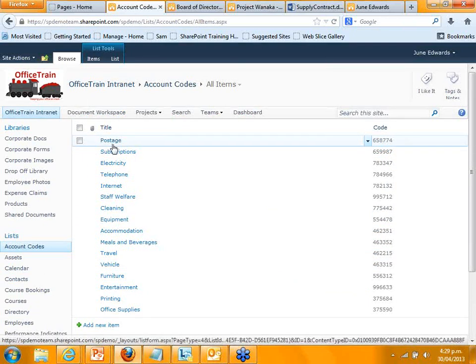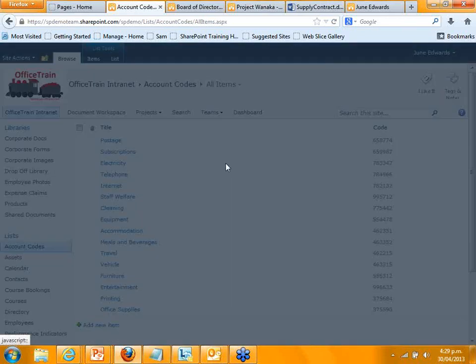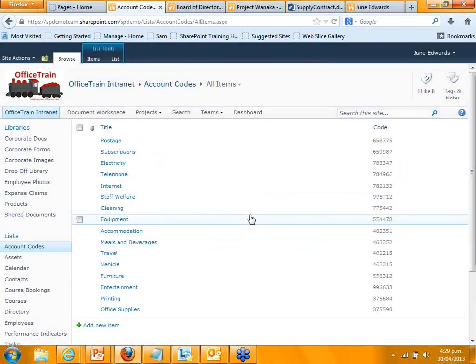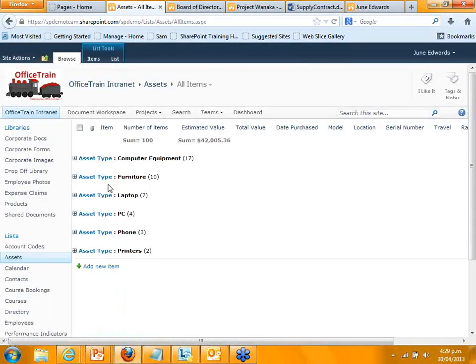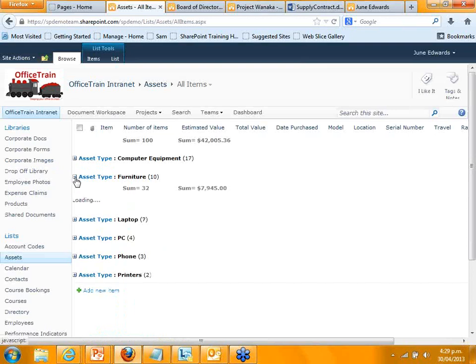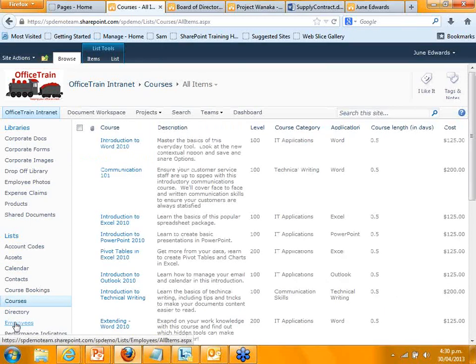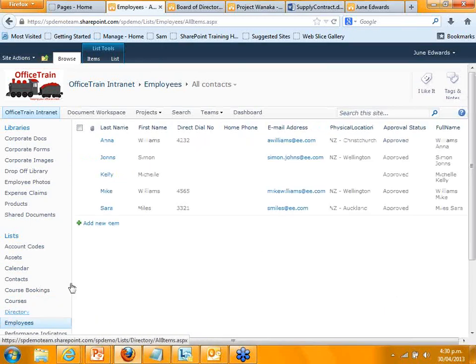As I said, these could be spreadsheets, but instead of spreadsheets, it means that I could go into this, or anyone else in my organisation, 10 people could be editing information in this list at the same time, and I could change things here quite easily to update it and save it, and then it's all kept and it's all available to me online. So another example might be an assets list, where I might store all of the assets I have in my organisation. Another one might be a list of all the courses that we offer, or the members that you have. I can have a contacts list, and that gives me all the information on contacts.